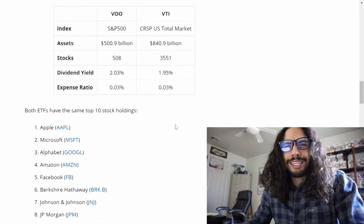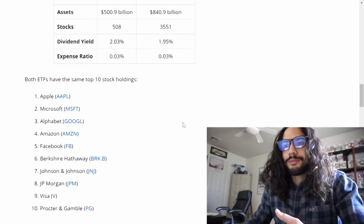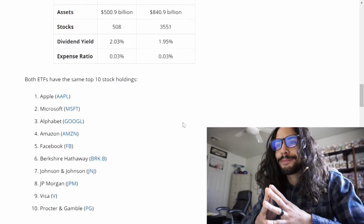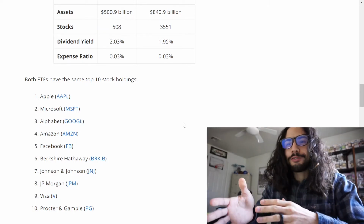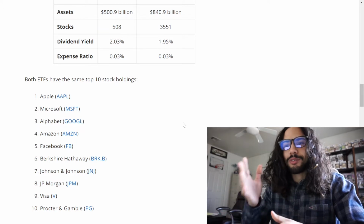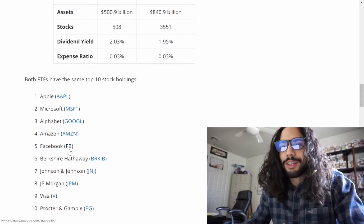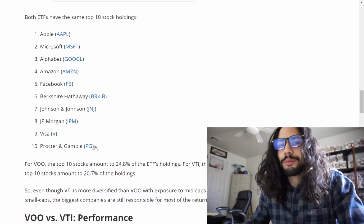So why did I say that so weird? When we look at both ETFs, they have the same top 10 holdings, so that's another thing. They're both getting most of their weight from these top 10 stocks right here, which is a great list. Look at that: Apple, Microsoft, Google, Amazon, Facebook, Berkshire Hathaway, Johnson & Johnson, JP Morgan, Visa, Procter & Gamble, all